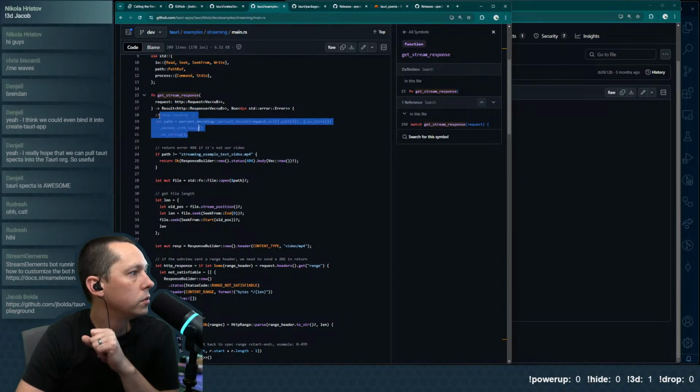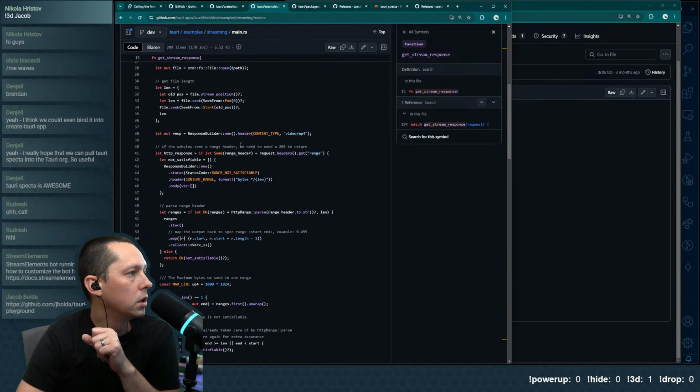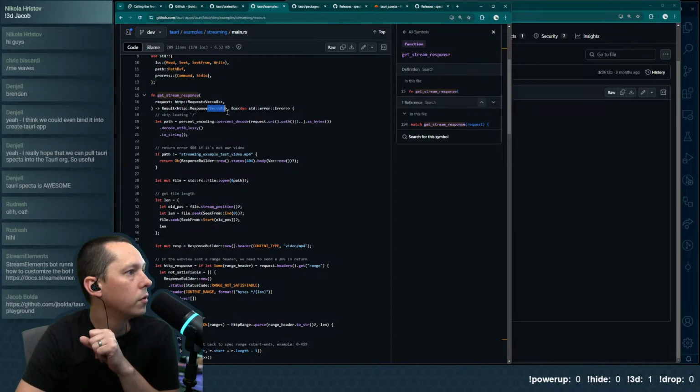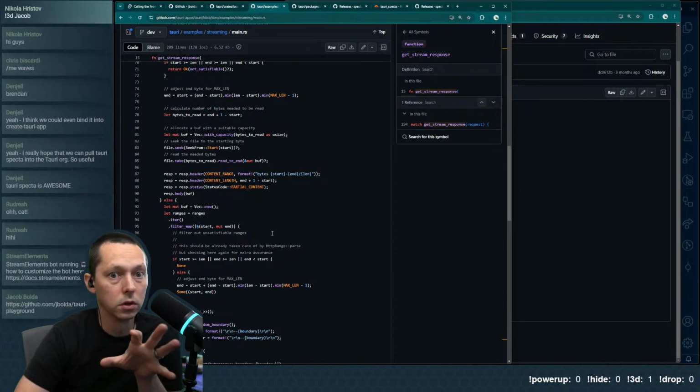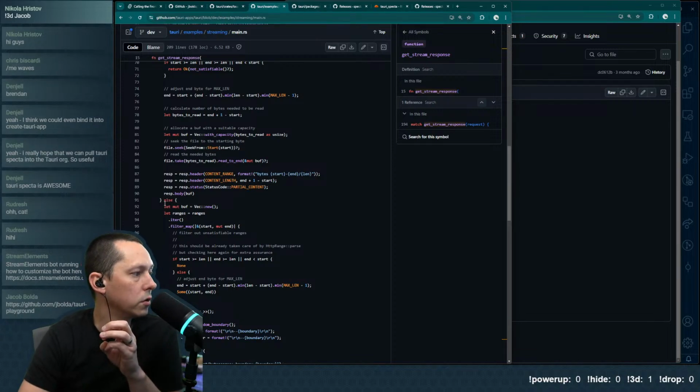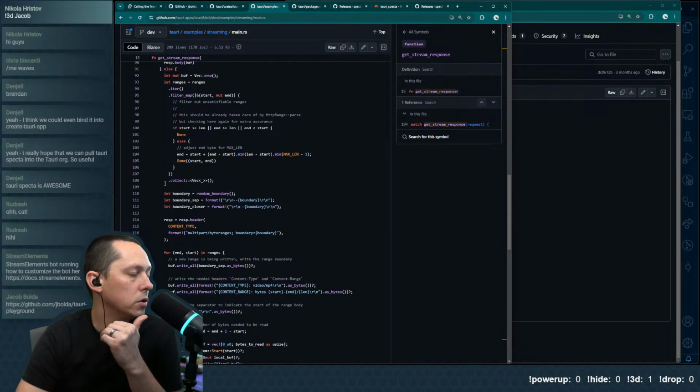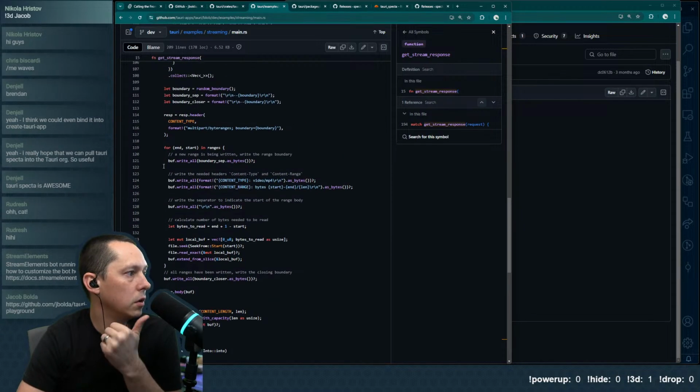Decode UTF to string. Yeah, so it's a vec of content u8s. Here we go, vec of u8s. Vec, for the JavaScript folks out there, is basically an array, like a buffer effectively.